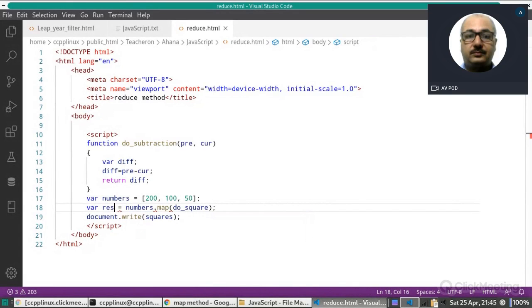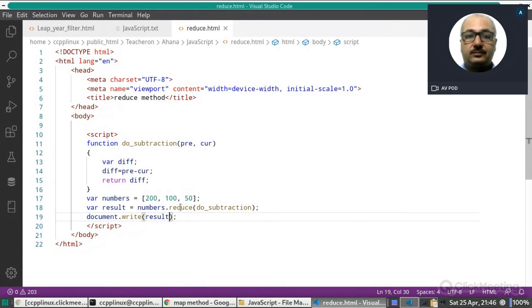So suppose the result is equal to numbers dot reduce and then do subtraction. And here now we will display the result like this. So let's see how it will work.